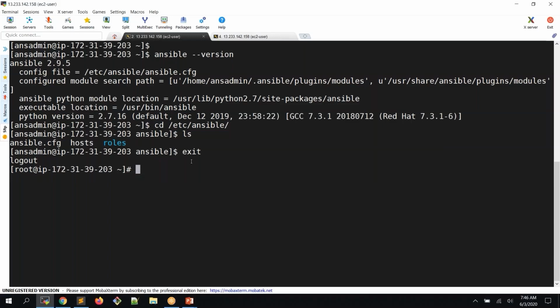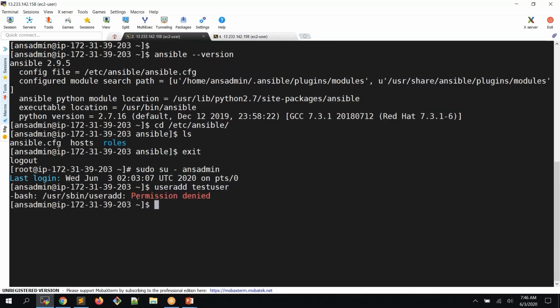Let's quickly see what we do. Let me switch back with sudo su minus ans admin. Now as ans admin, I'm doing useradd testuser. You can see it says permission denied, because a normal user doesn't have permission. But this ans admin user is already part of the sudoers file, and we have given that he can execute any command. Useradd is an administrative command. He can execute this command also without any issue, but you should use sudo in front of your command. Now you can see the user got created, and if I check it in /etc/passwd,